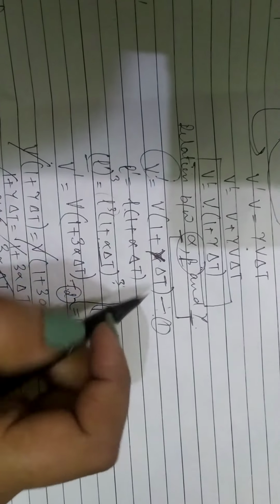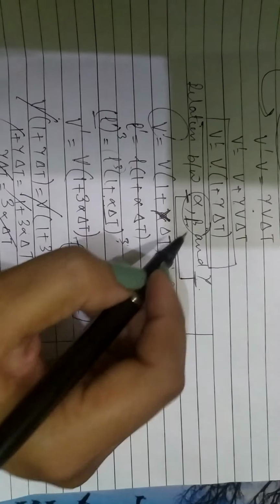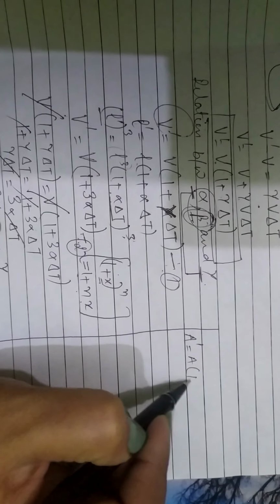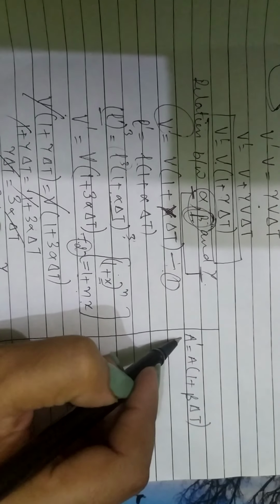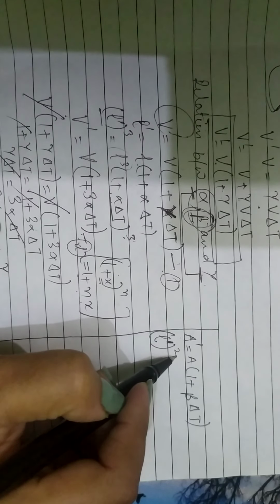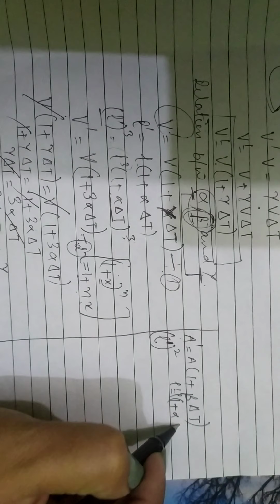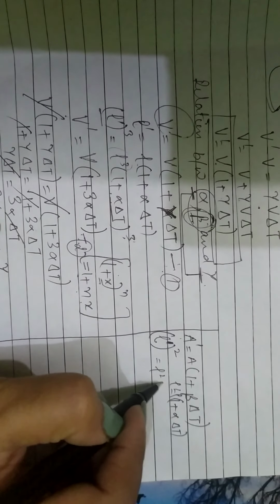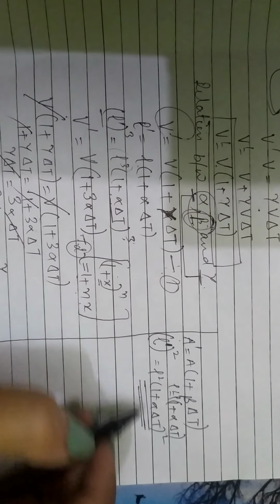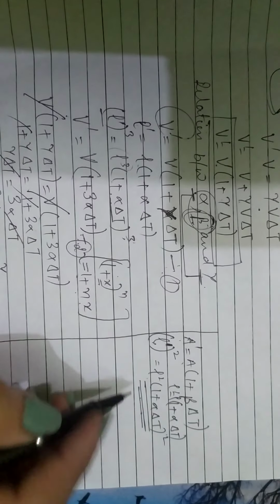Similarly, you can derive the relation between alpha and beta. So I'll just give you a hint how you will do it. You will start with beta. Beta is the coefficient of superficial expansion. So we know area A dash is A into 1 plus beta delta T. And we can also write area in terms of length L dash. If you do L dash square, we know L dash is L into 1 plus alpha delta T. So L dash square will be L square into 1 plus alpha delta T whole square. Again using the binomial approximation, where will this 2 come? And then solve it. L dash square will be A dash, L square will be A. So after that solve it, find the relation.